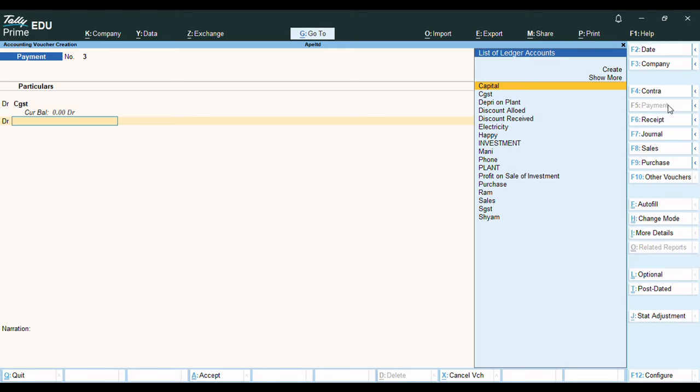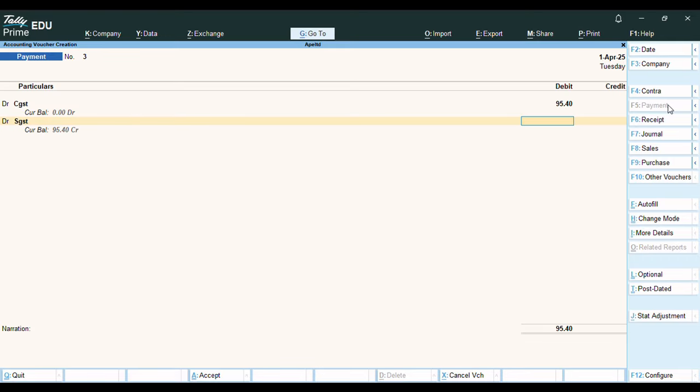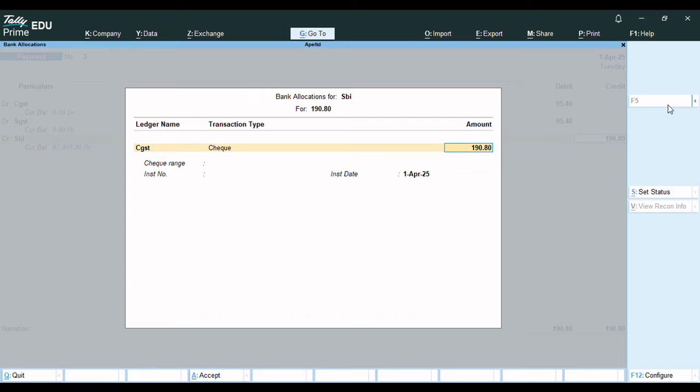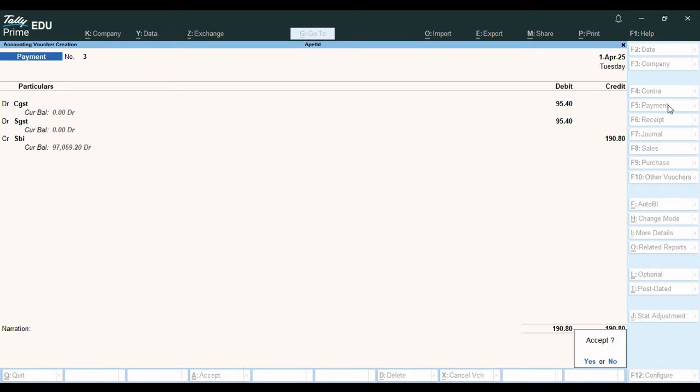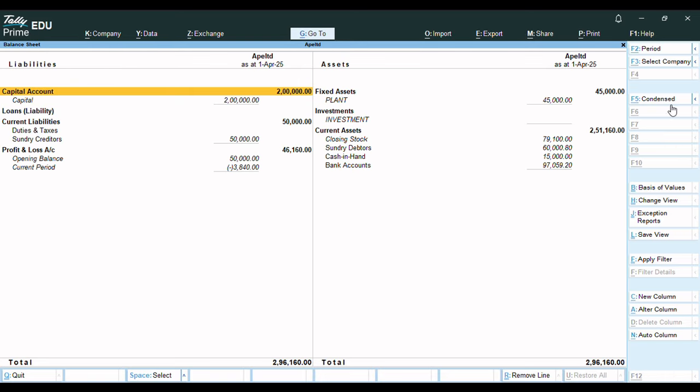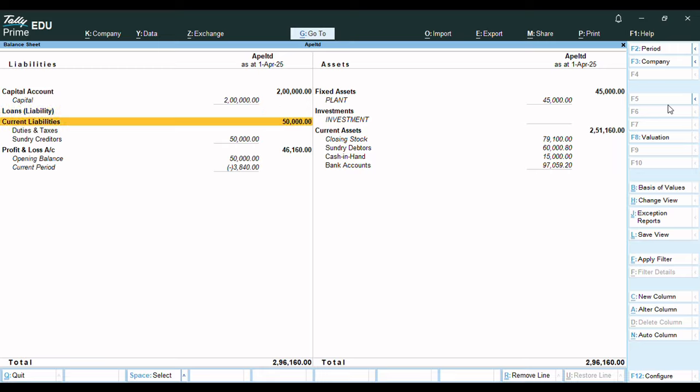Then SGST 95.40, then credited to SBI 190 and yes, we have done with all the entries. Now you can cross check your balance sheet, Alt F5, detail balance sheet. So your minus means company is facing the loss. Okay, now the question is how you are going to export this file to your desktop. Okay, you please